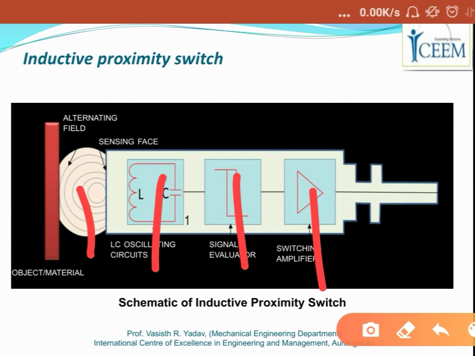Now let us talk about its working. An alternating current is supplied to the coil, and this alternating current will generate a magnetic field, right? That is exactly what we saw in the previous sensor.